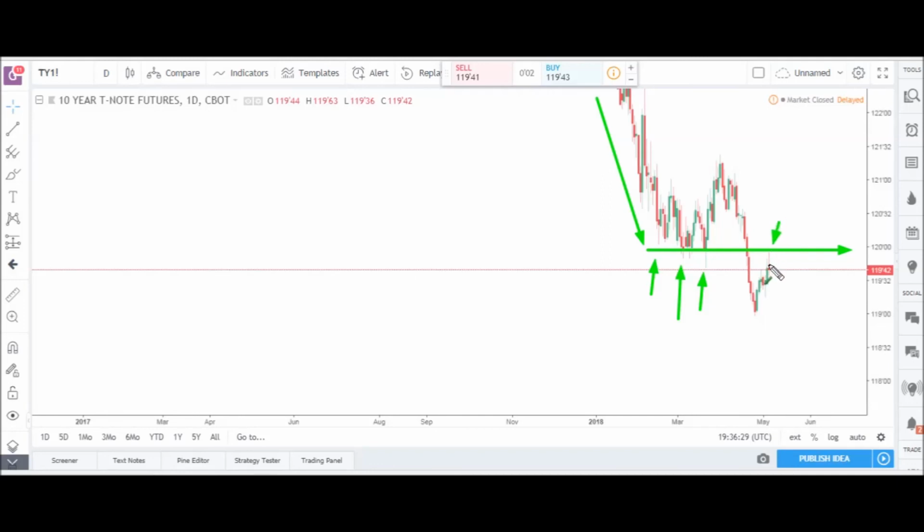On Friday, we did see the market pull back up to this level and rebound very sharply, and basically we saw a bearish pin bar print off the level on Friday, which so far lays the foundations for sellers to just continue to dominate this week onward. However, we're still going to be looking for at least a couple of candlesticks continuing to move down and close strongly towards the downside before confirming this level as resistance, because as it stands right now, we still just have one candlestick bouncing off the 120 round number, which isn't a strong enough indication for us to claim that the 120 round number is definitely